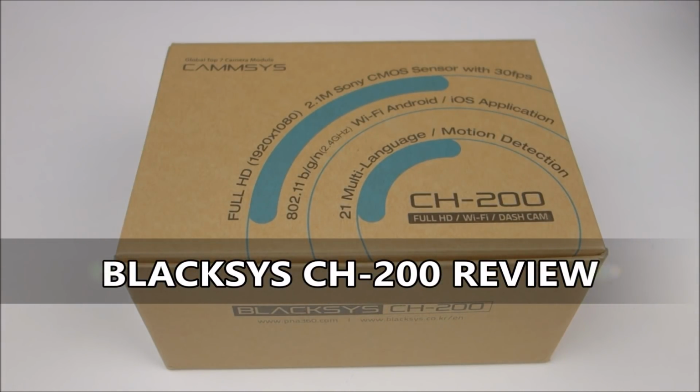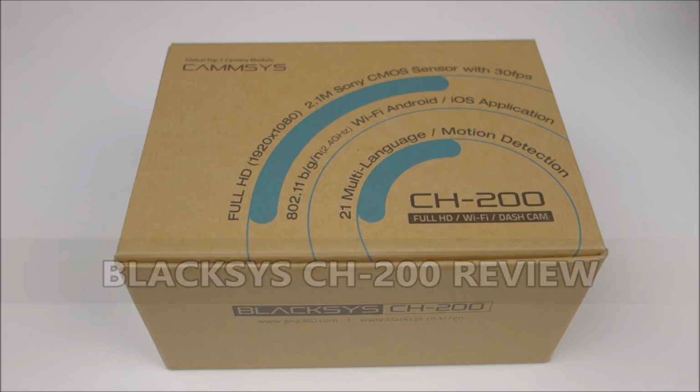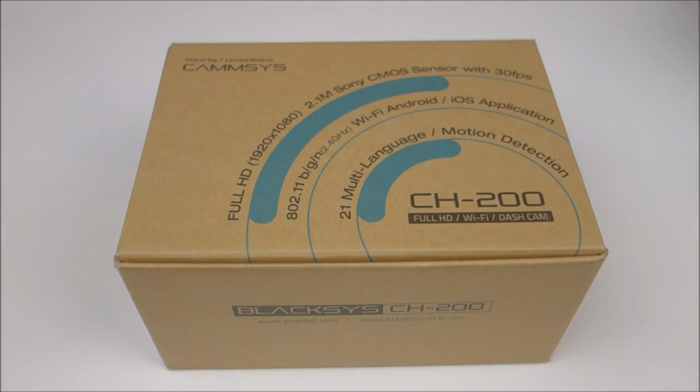Today I got a review on the Blacksys CH-200. Now the CH-200 is a follow-up to the CH-100B. They're both two-channel systems, but this one actually does have full HD, so even the rear camera is full 1080p